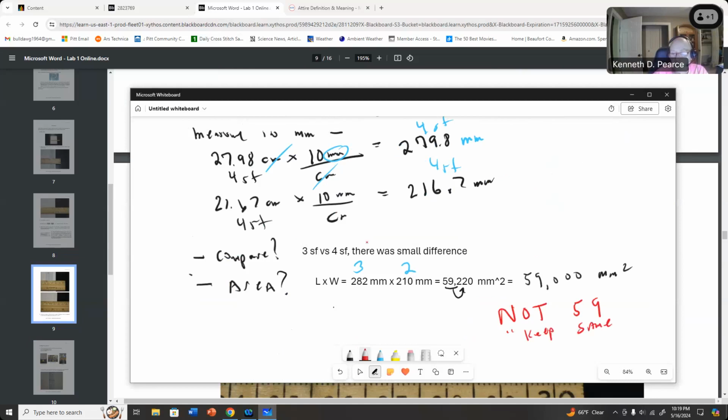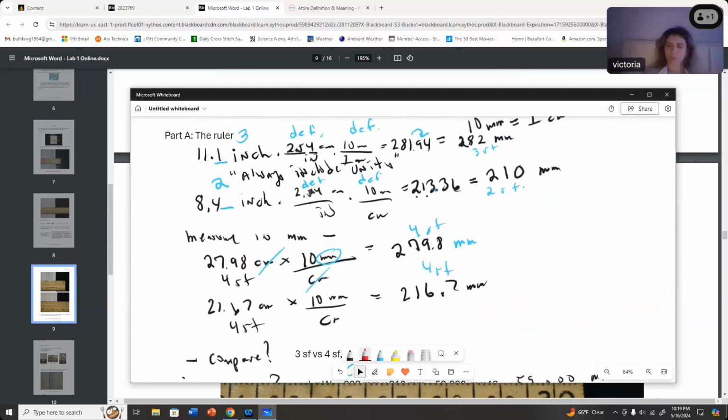Because 59 is a lot smaller than 59,000. Yeah, keep the same size. Okay, that's a common mistake. Well, all right, I got 59. No, it's not. You have to add extra zeros to show how big it is. Okay, so that's how you would do